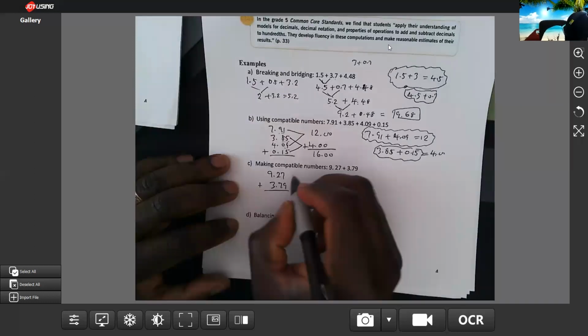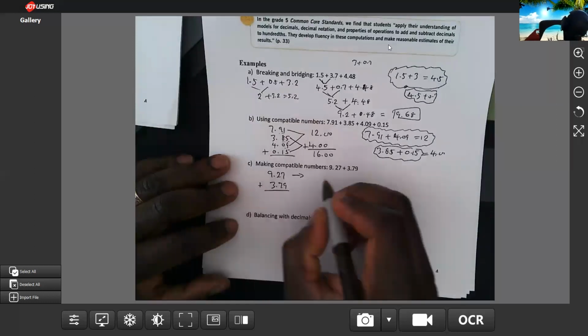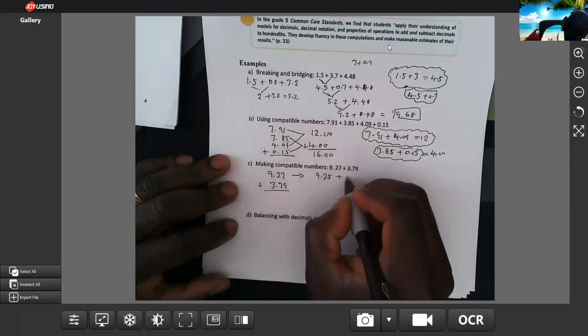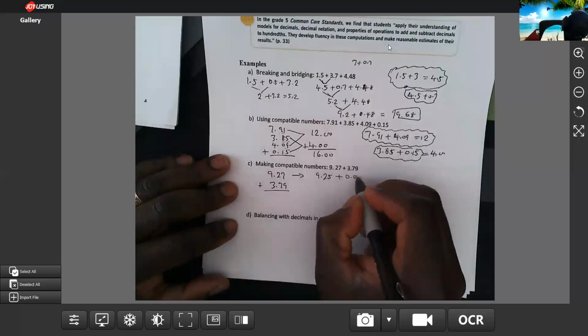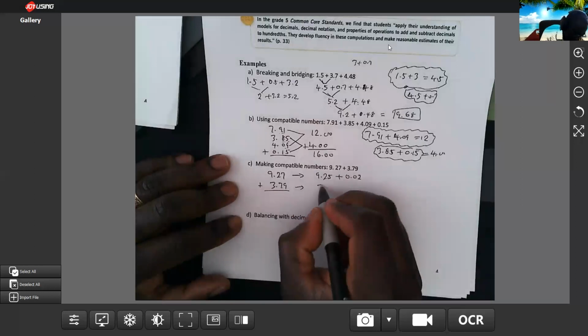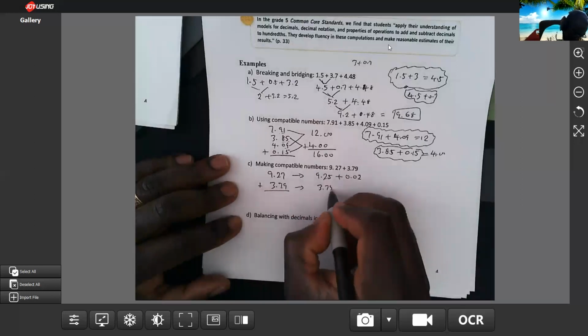And so what happened is that we're going to break this down into 9.25 plus 0.02. Okay, and then this also becomes 3.75 plus